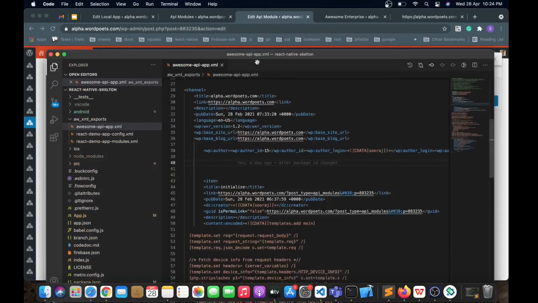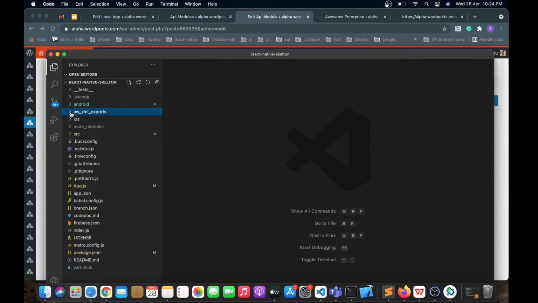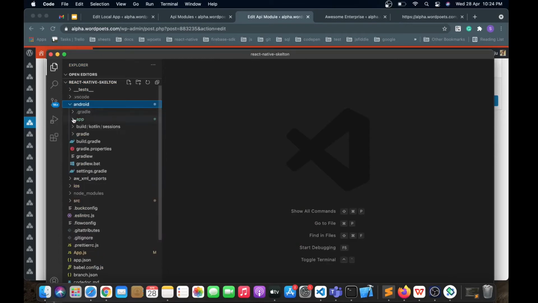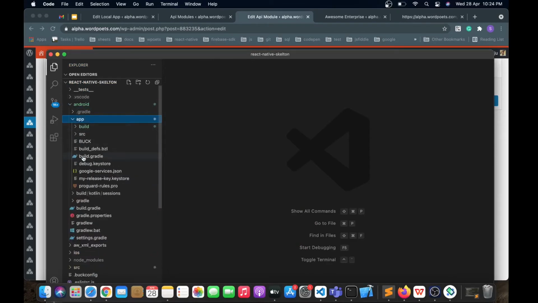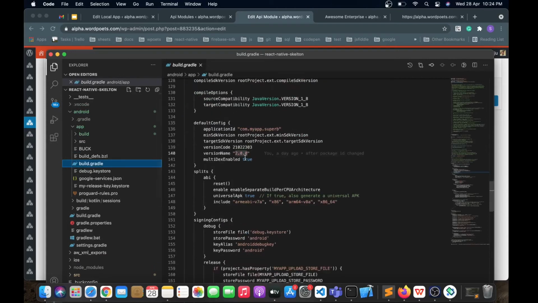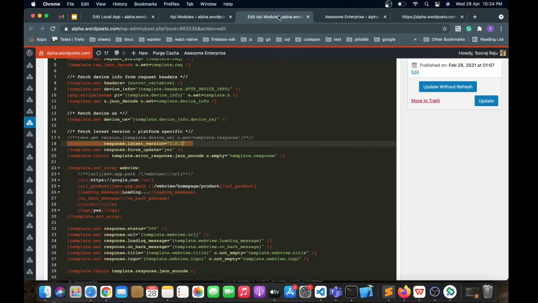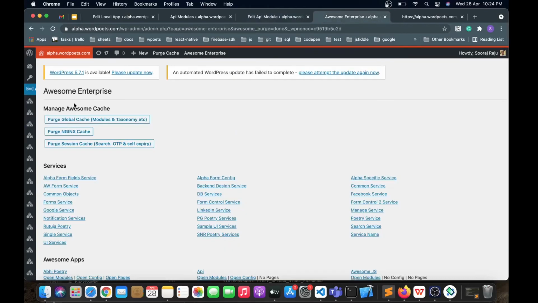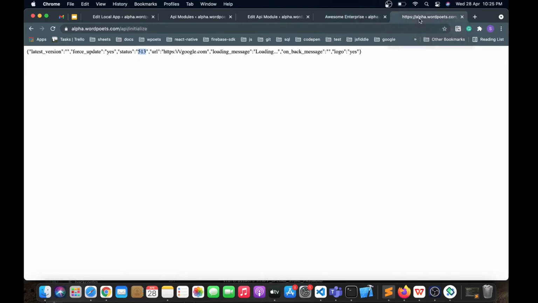The current version of this application, if you open the Android app build.gradle, is 2.0.0, and you have published the latest version into the Play Store. If you want your user to do a force update, you can mention here that your latest version is 2.0.1, so in your API response you will get that 2.0.1, and our React Native skeleton will compare it and show a force update.